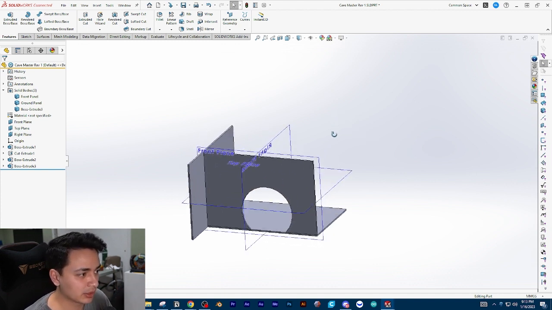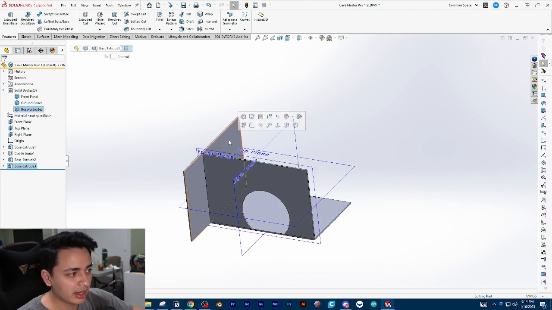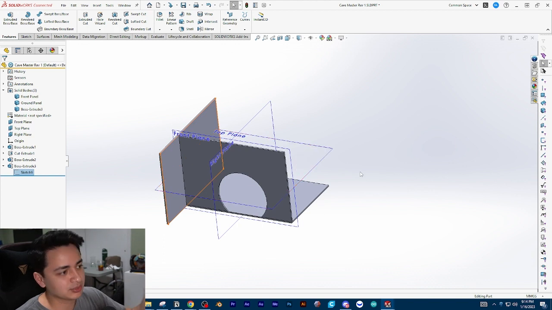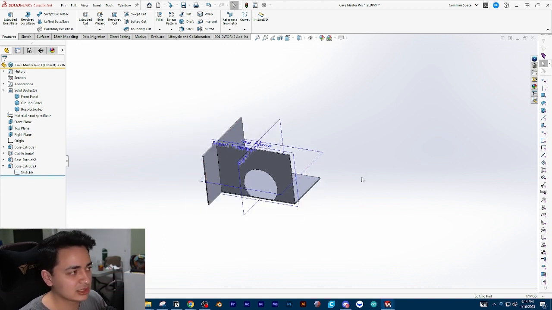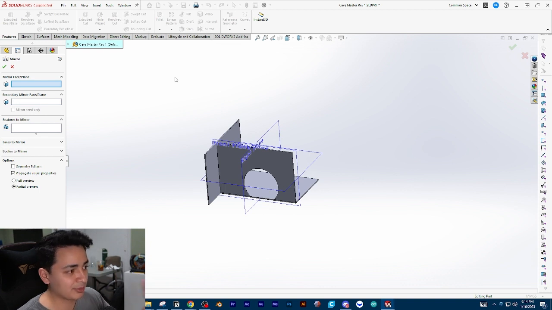So basically, I created one sidewall and I want this sidewall on the left side to appear exactly on the right side. But instead of making a sketch and doing all the steps again, SOLIDWORKS makes it very easy if you design smart. So we built around the origin. What we're going to do is press mirror and replicate that wall to the